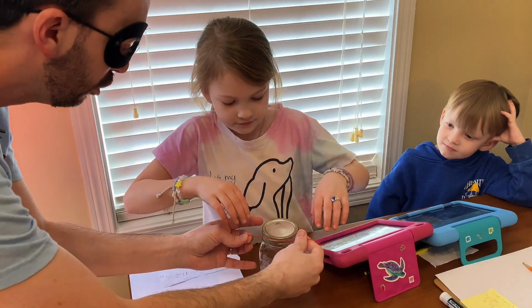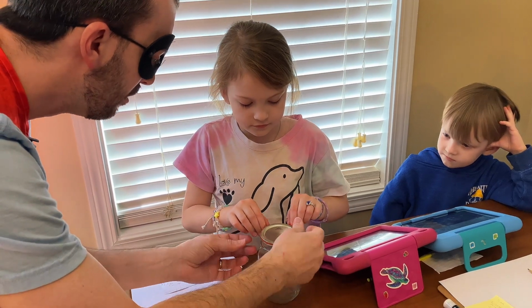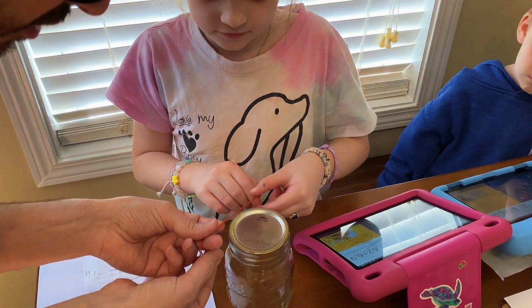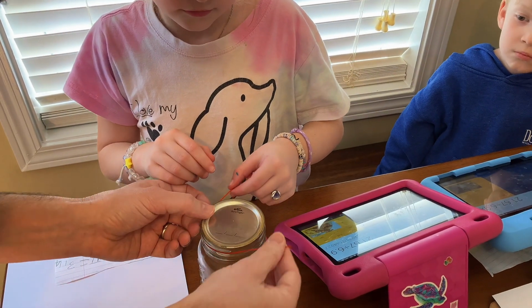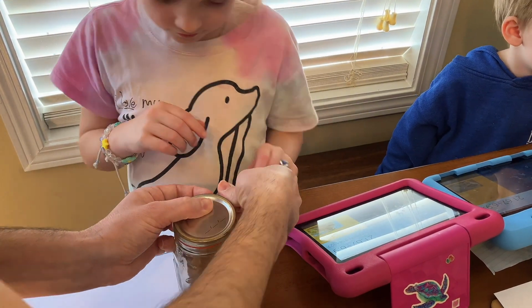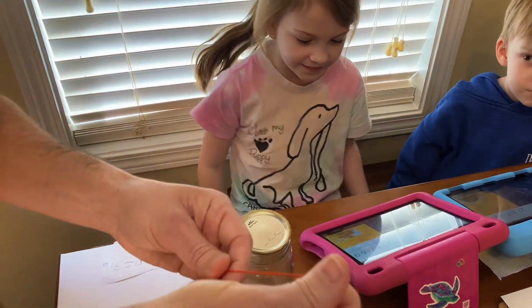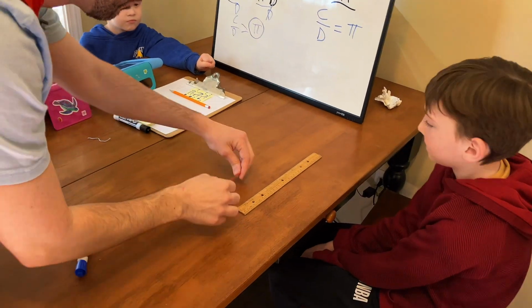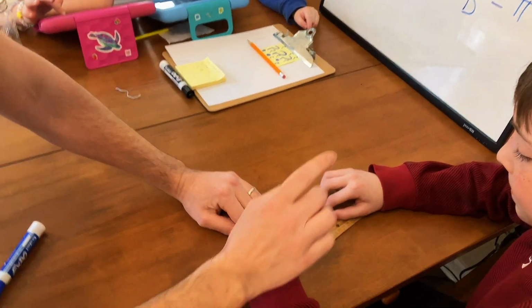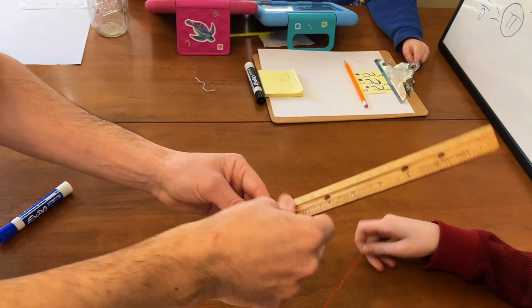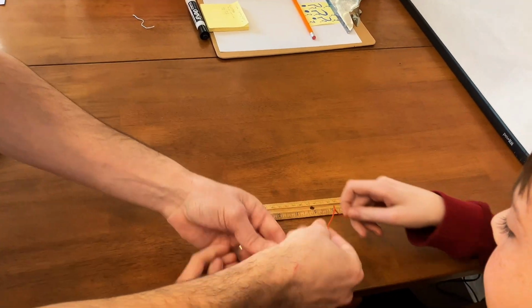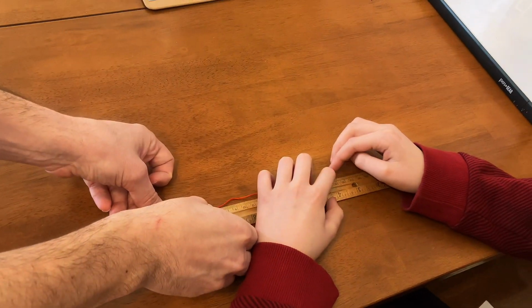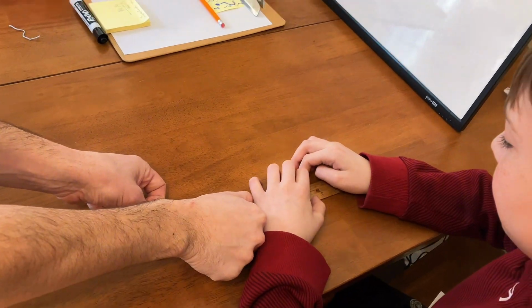All right, so if you could wrap this around, does it make it all the way to the other side? Do they meet? Let's take a look. Good, there we go. Do they meet right there? Mm-hmm. All right, so let's go over to mathematician Oliver. I need you to help measure this, and we're going to use centimeters to be a little bit more exact. Let me grab this side. Where does this roughly come out to be when you do your measurements?